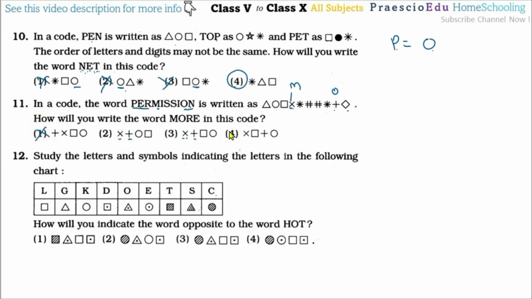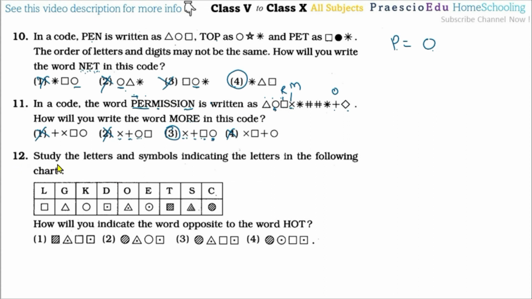So options number 1 and 4 are incorrect. Then R means the third number from the left: 1, 2 and 3. So that is a square shape, or symbolic form. That is given in option number 3. Option number 2 is a different one, so option number 3 can be. Then E is the second from the left side, this is like an O or circle. So this is correctly shown. So that's why option number 3 is perfect after matching the respective alphabets and symbols.